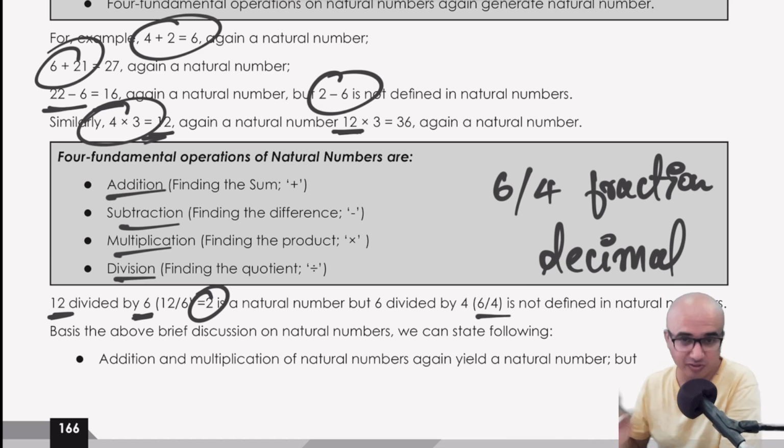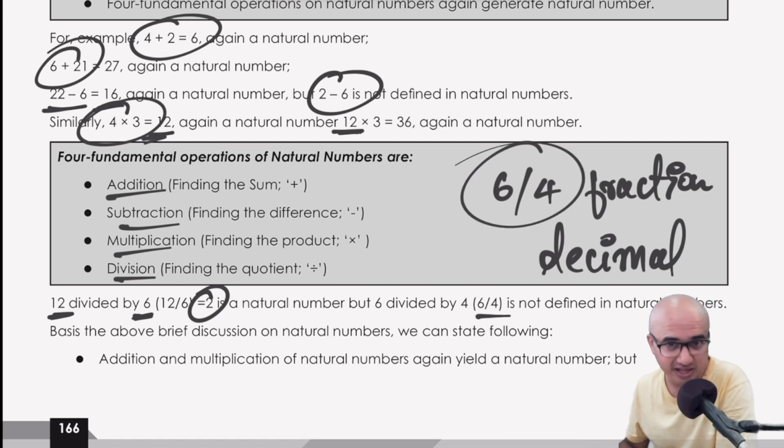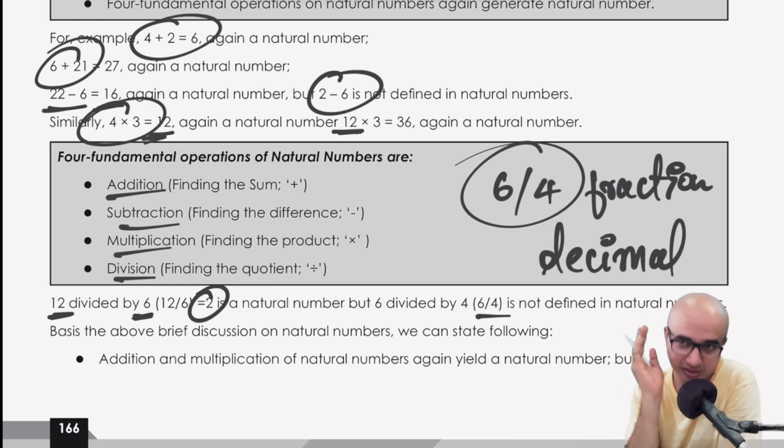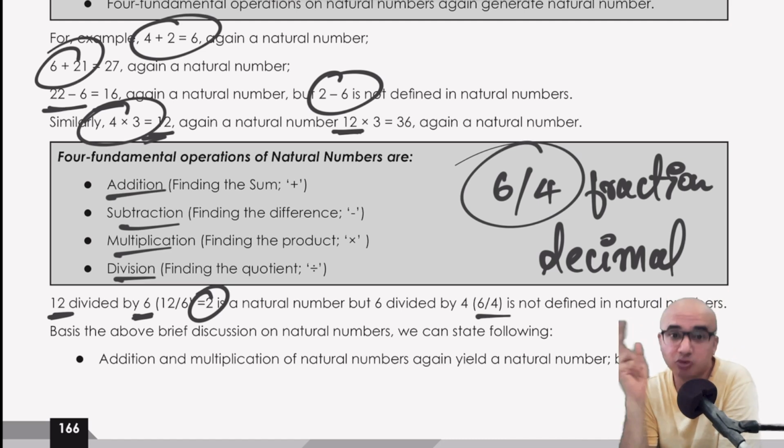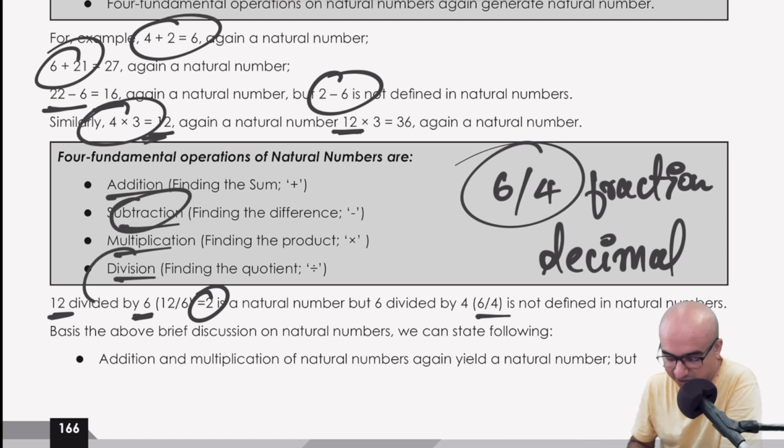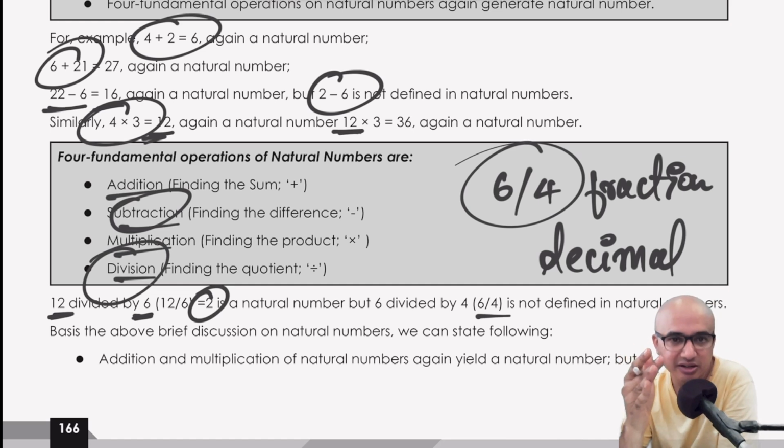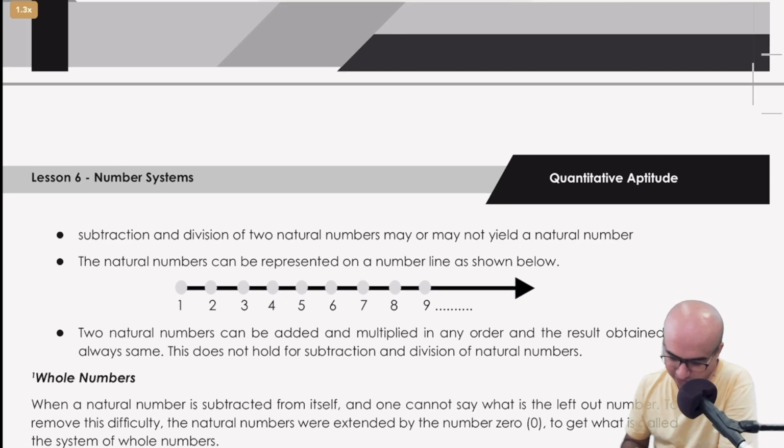It has to be something which can be expressed in multiples of 1. This cannot be expressed like that. So therefore, that would not be a natural number. So that means what? If there are a set of natural numbers, you can perform the operation of addition, you can perform the operation of multiplication, which will invariably result in another natural number. Whereas, if you have a set of natural numbers and if you perform the function of subtraction and division, it need not always result in a natural number. Sometimes it will not result in a natural number. Okay. So that is the thing which they are mentioning here.